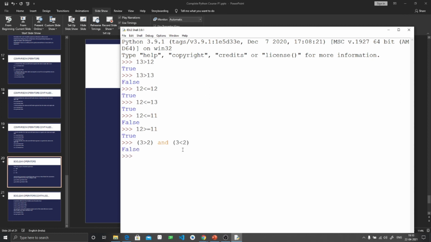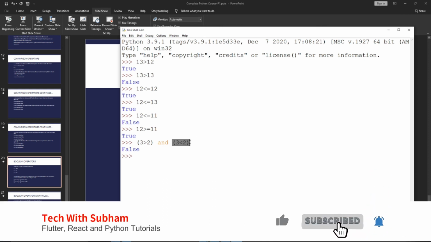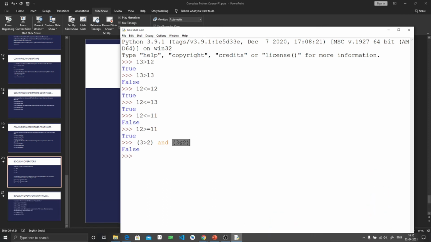It should give false, because this part of the syntax returns true and this part returns false, and both the sides of the AND operator must be true to get the true output. But here, as this part returns false, it will directly print false here.